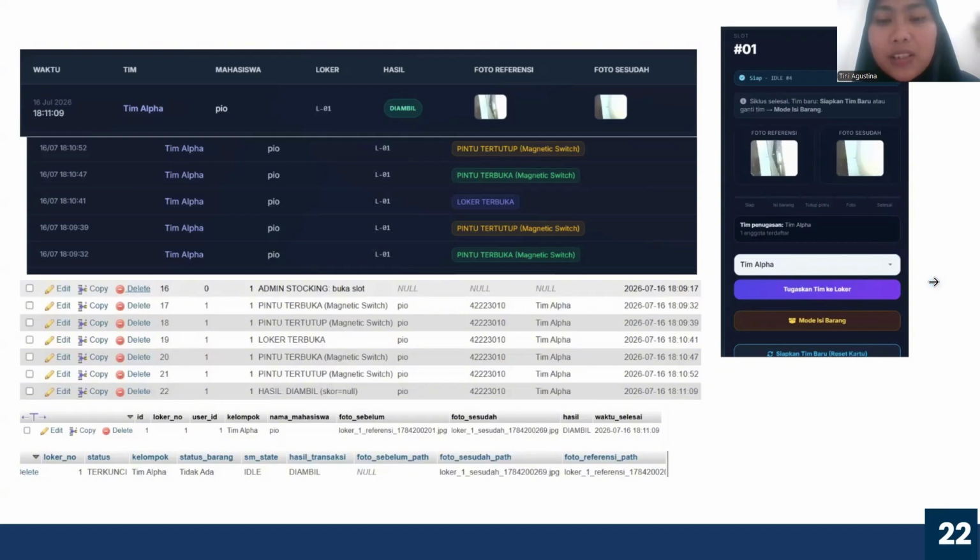Below it, the system log records every physical movement of the locker door, tracking whether it is open or closed. All of this visual data is fetched directly from our database tables, such as log transaction, log locker, and status locker, as shown at the bottom of the screen. Next.